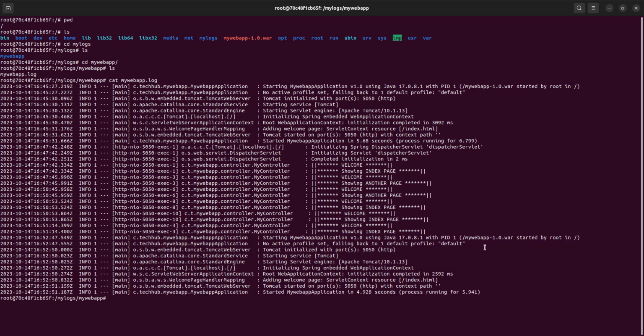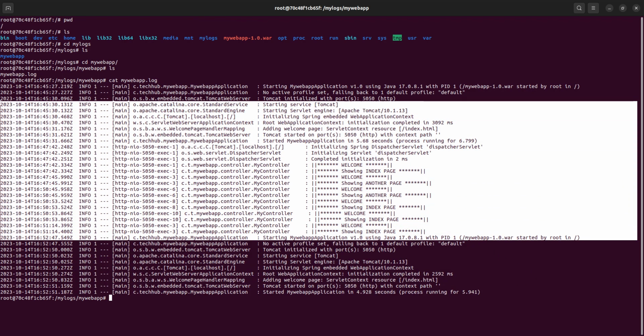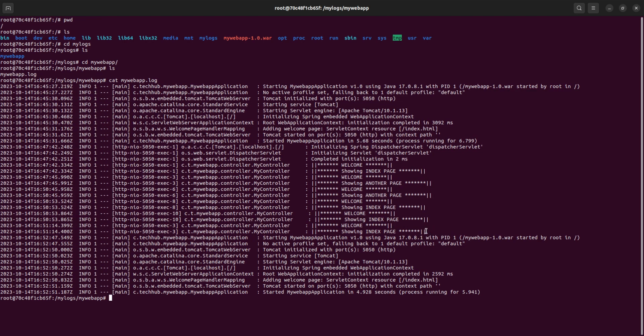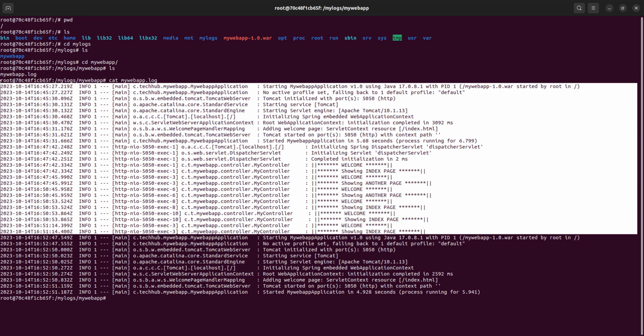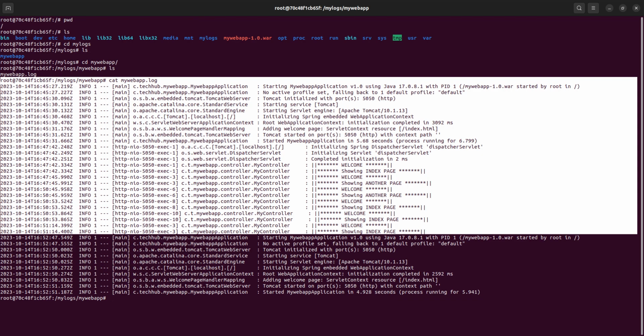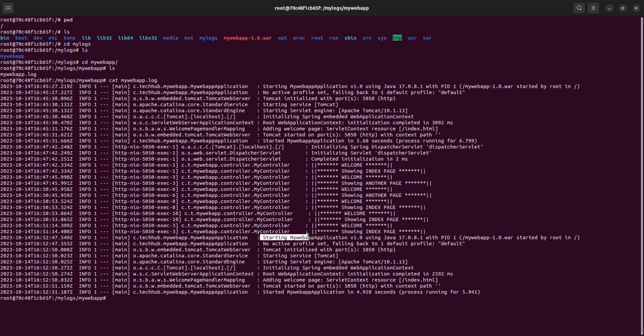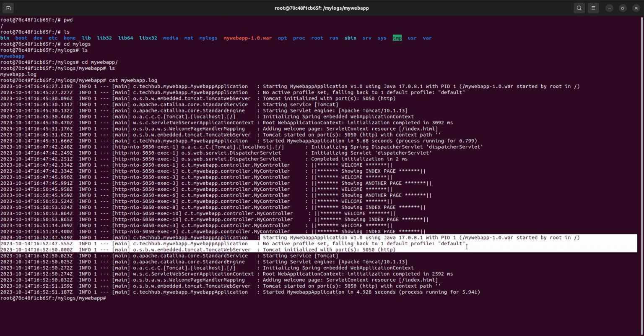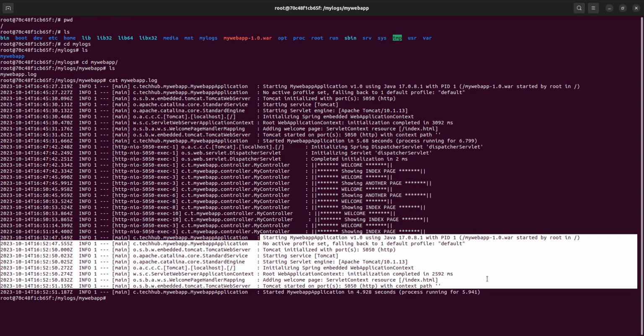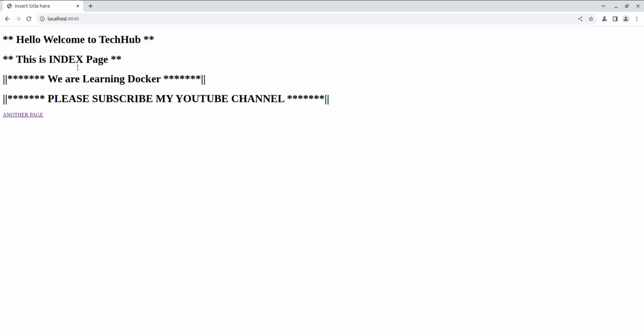All the previous logs are also there, because we stopped the container after this much of the logs. Then I again started the container. So when I again start the container, it is saying starting my web app application and it's starting the container. Okay, and if I again hit this request, if I press Ctrl F5 again,